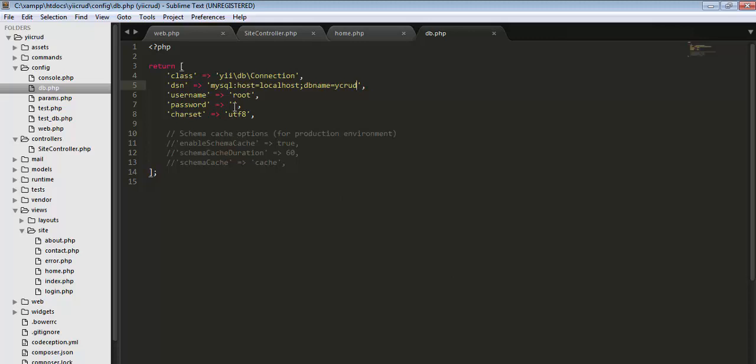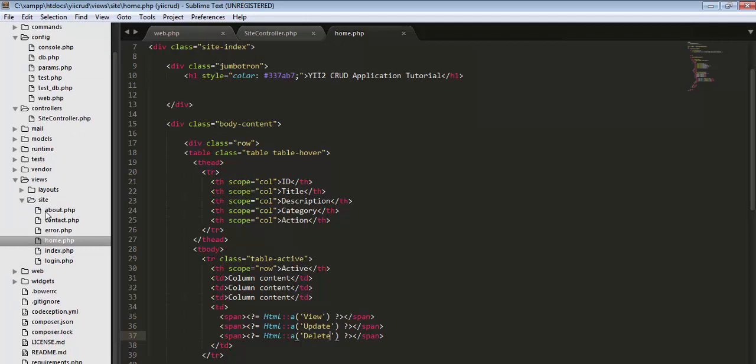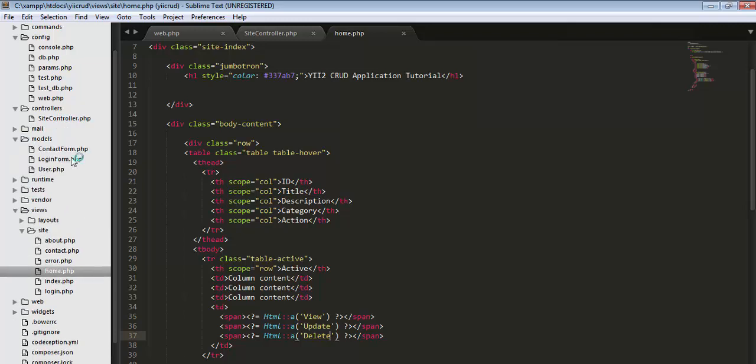Now I will create a model for this. A model is used to interact with our database. It will get the result set and return those results to the controller, which in our case is the site controller. Our models are always present in the models folder, so we have to create one model inside our models folder with the name posts. Let's right click, click on new file, and save it as posts